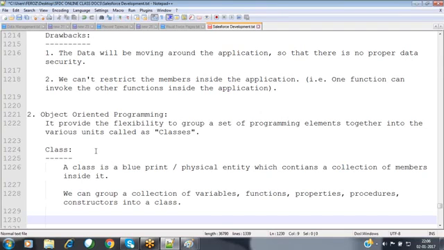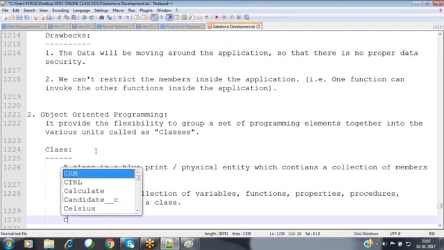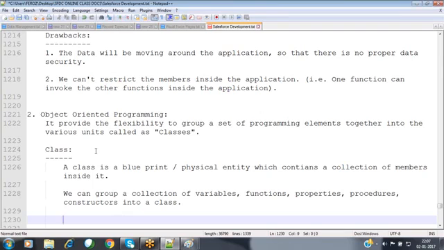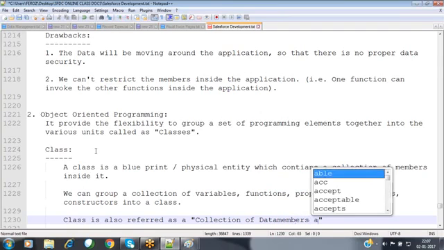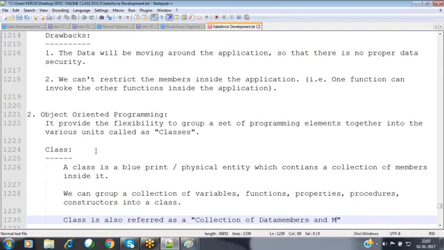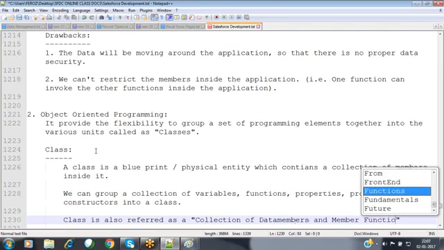So when coming to the class, your class will have a set of members. Simply we can say a class is nothing but a collection of data members and member functions.